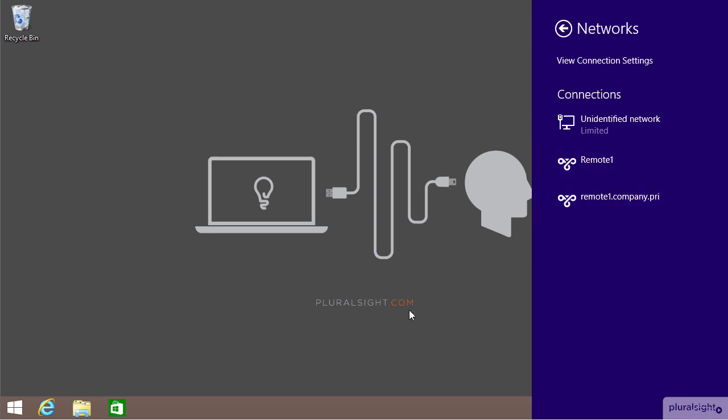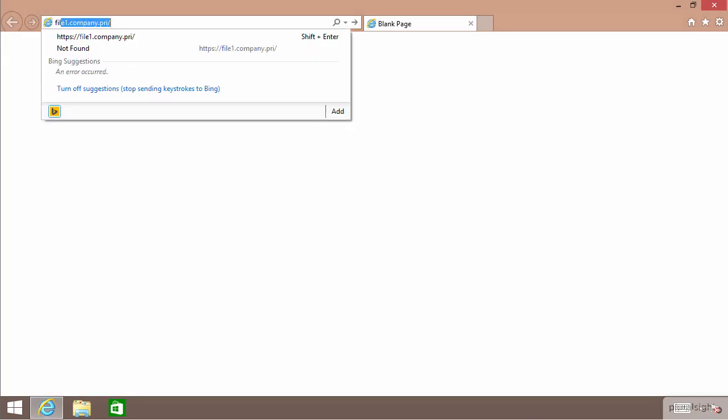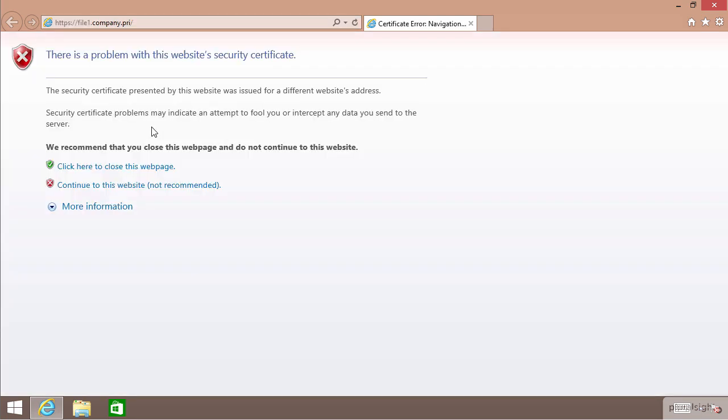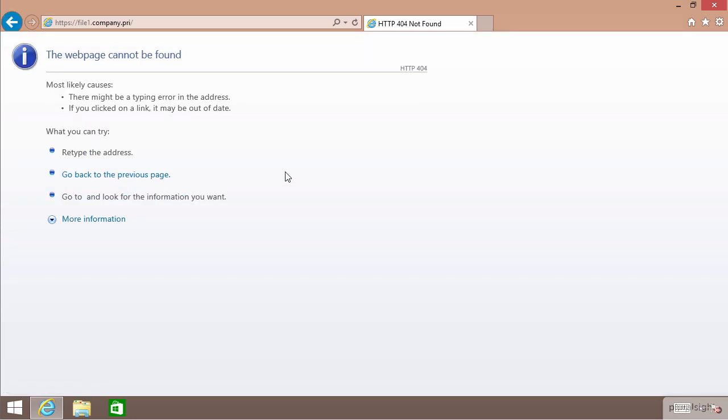this module. So right now we have this sort of pretend internet location that we created. This laptop is currently on this pretend internet location. It's not connected up into our RRES server in any way. And I want to show you that there's a website that I configured over on the server file1. That website is an HTTPS protected website with a certificate. And if I go to https file1.company.pri,